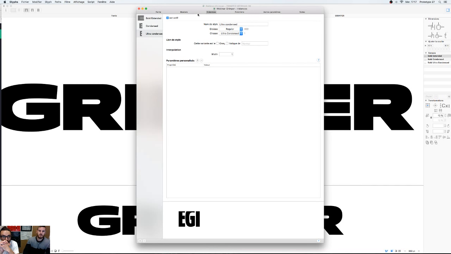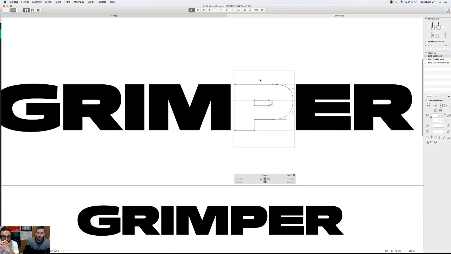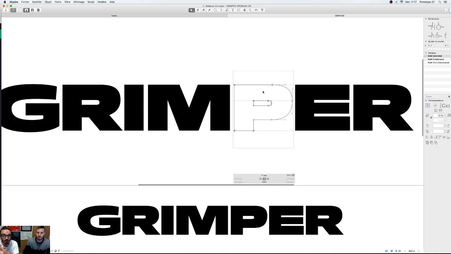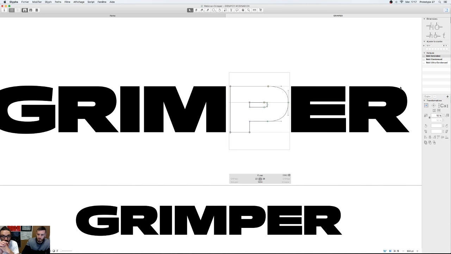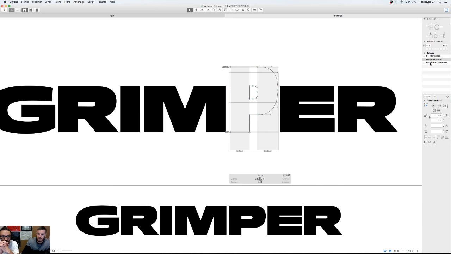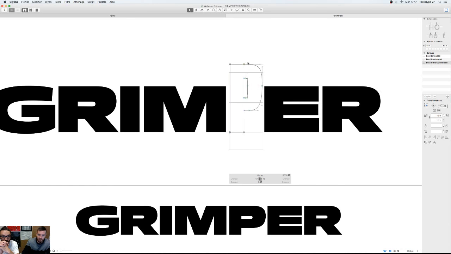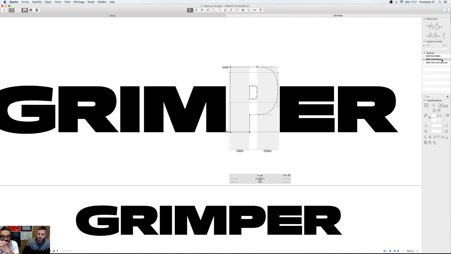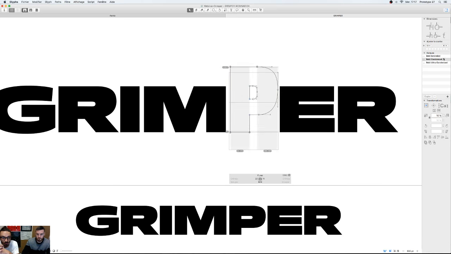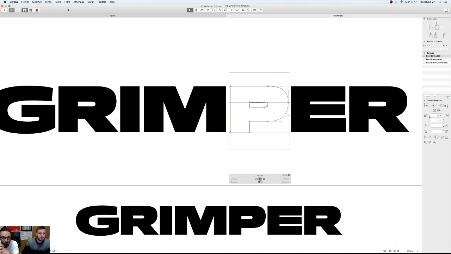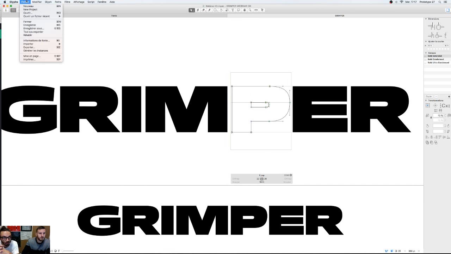Now there's also something important when you are working on your font. You need to make sure that all the structure points are compatible. So if you check your P, for example, you need to make sure you have the same number of points, the same number of handles, and the same type of points. Since it's all good for us, we just go in File,